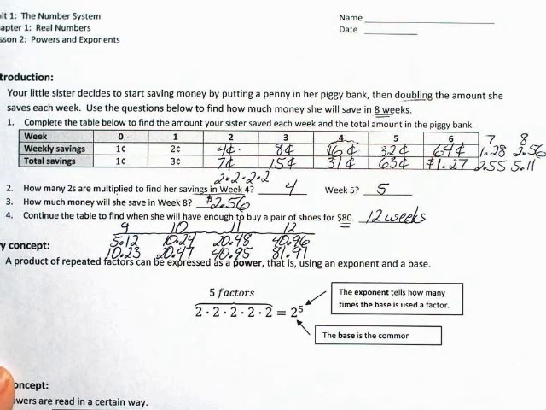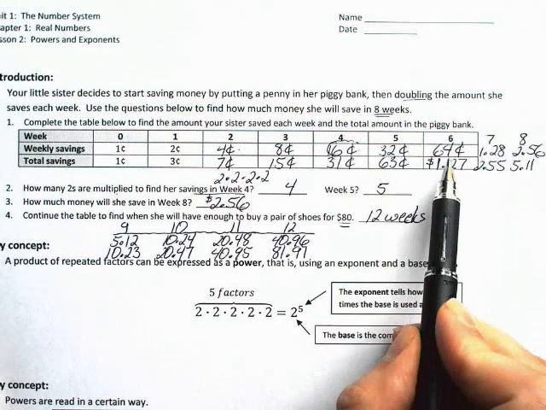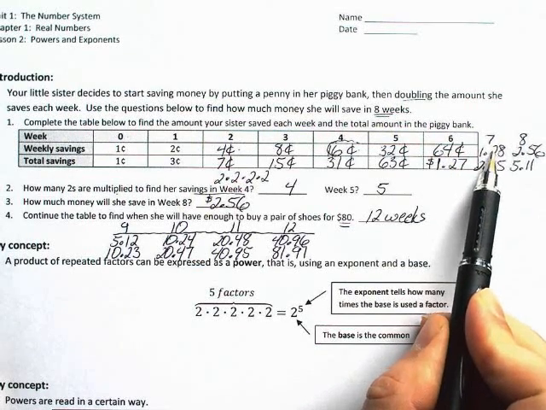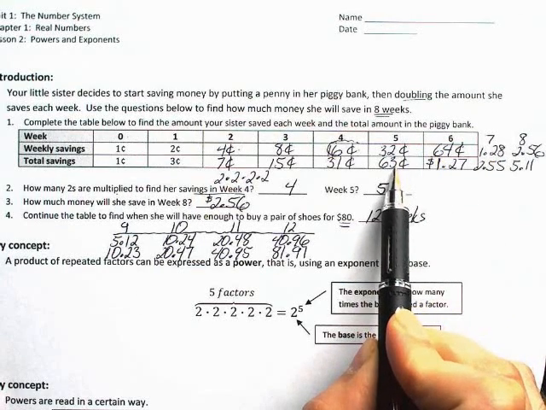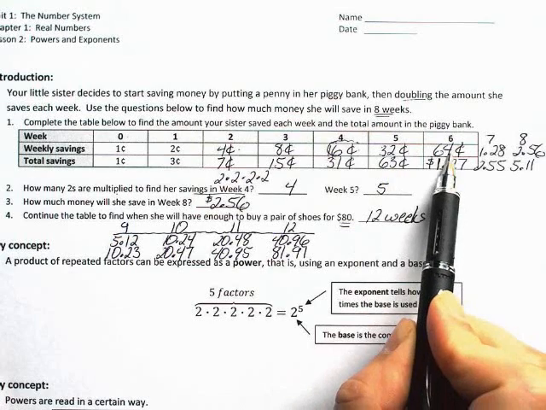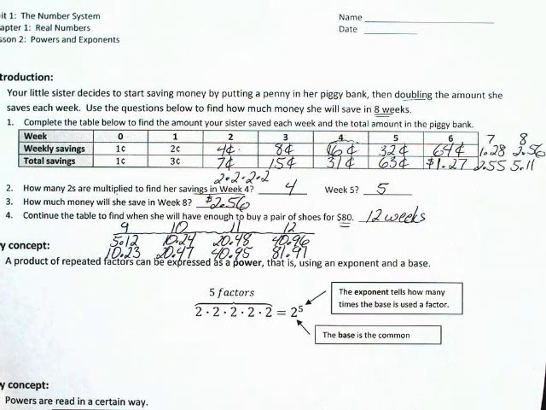Now, the point of that problem was to give you a real-life situation that involved some repeated multiplication, some recognizing patterns to make it easier to figure out what number comes next, or to figure out how this number is added to this one that's just one less, to create this total, and so on. So all the work that we did with patterns is going to become important to what we're working on in